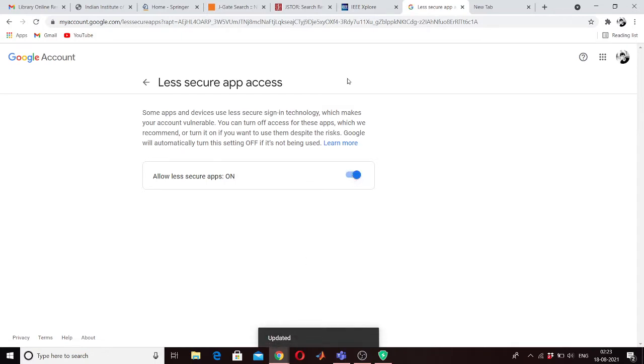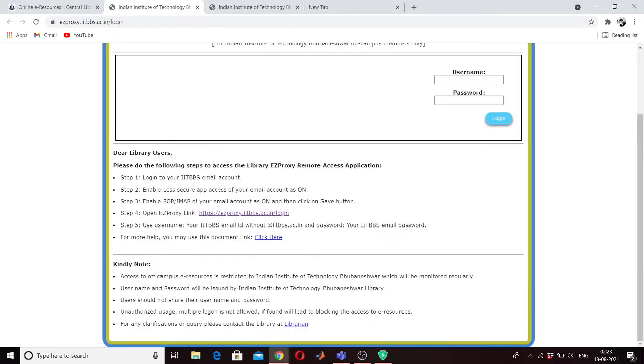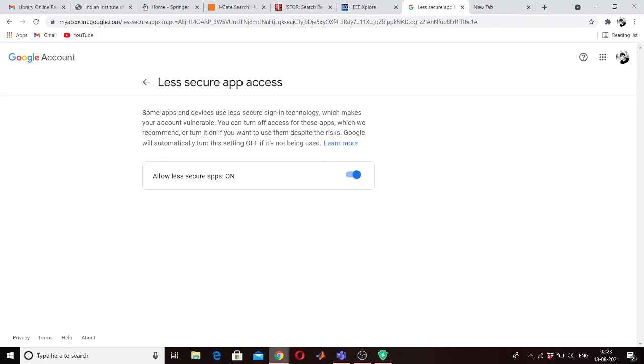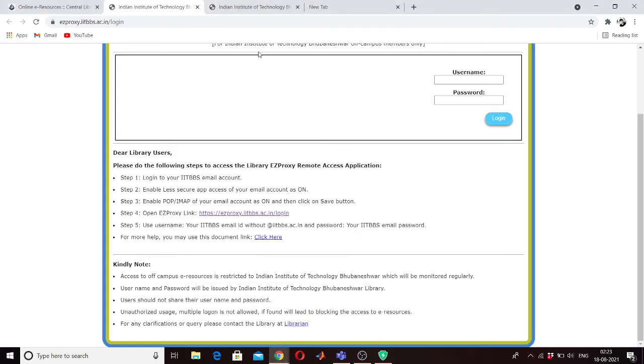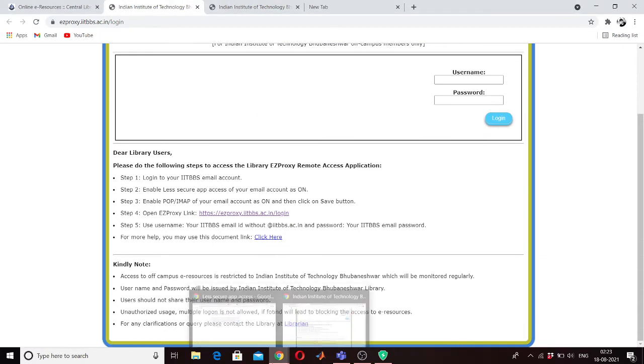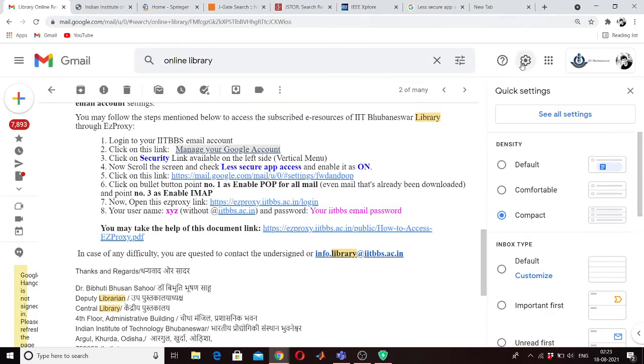So it's updated now, and the next step is to enable POP or IMAP of your email account. Specifically, I would ask you to go into your Gmail account, the Indian Institute of Technology Gmail account, where I would then go to settings, and in that, see all settings.